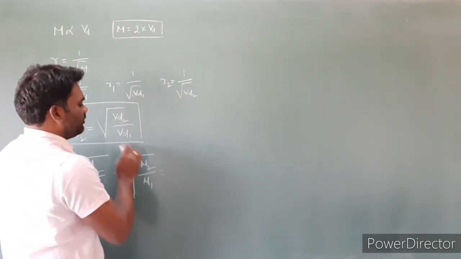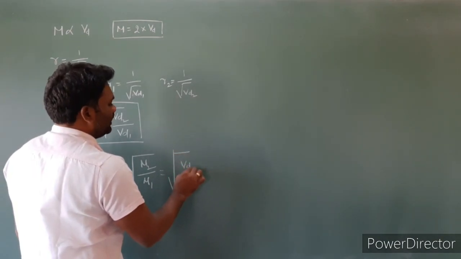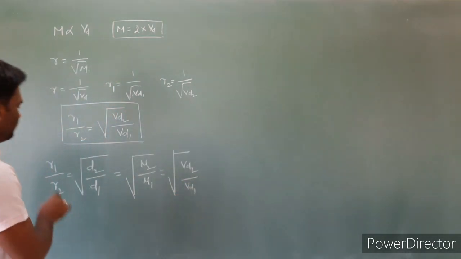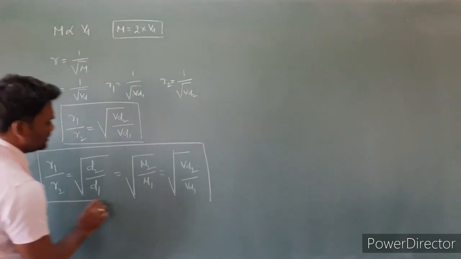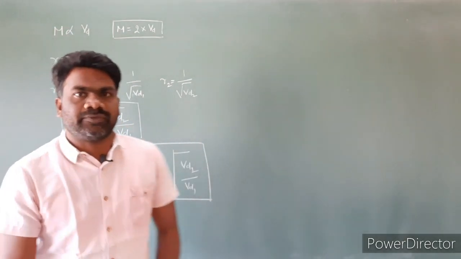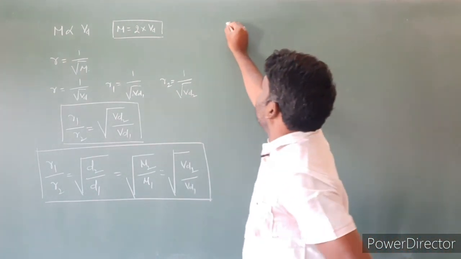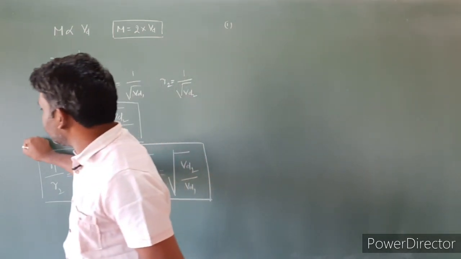That is equal, in terms of vapor density, to square root of Vd2 by Vd1, so vapor density 2 by vapor density 1. This is the first set of very important formulas. This is the first one. Now let us derive some other relations. This is the first case, which I am labeling as the first set.